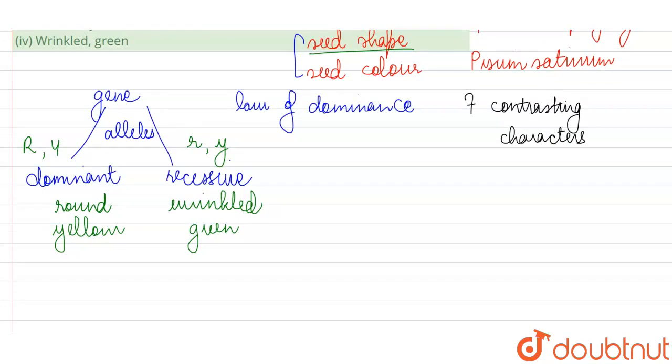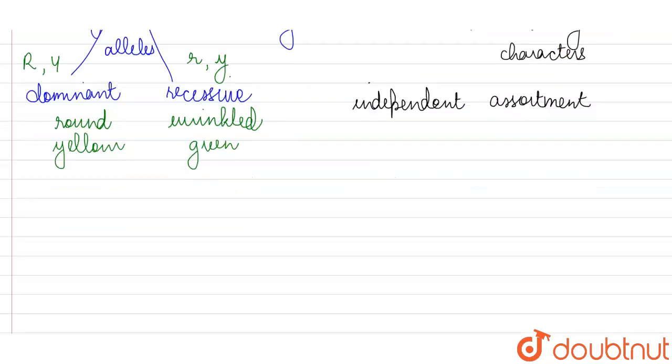So when we are crossing these hybrids to produce the next generation, because this is a dihybrid cross, now we have to keep in mind Mendel's law of independent assortment. Independent assortment means that these are two separate characters. Although both of them are related to seed, they are two different traits, and that is why they are going to be under the control of different genes which are independent from each other, and they are going to separate. They are not related or associated in any way.